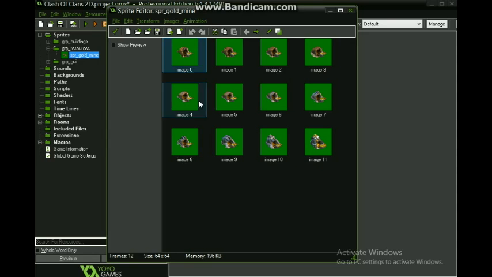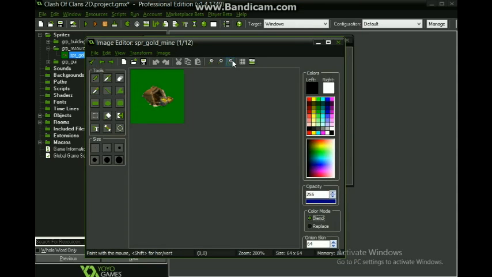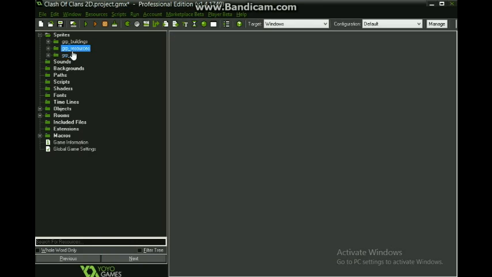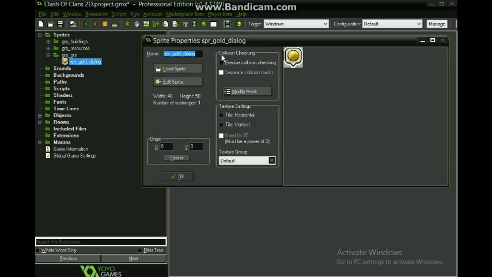I will put that in the description below so you can see it. As you see, we get here Gold Mine, it's a cycle, and of course make a group called Group Resources and another one called Group GUI, and this will have our gold dialog.